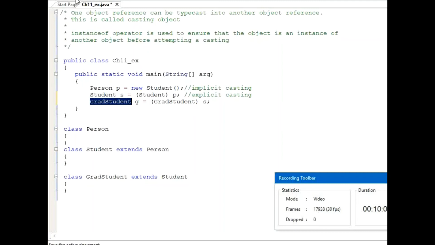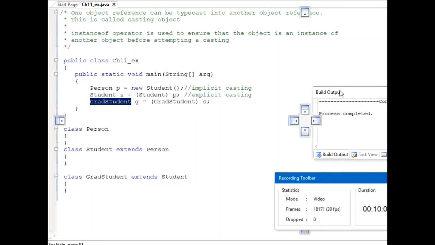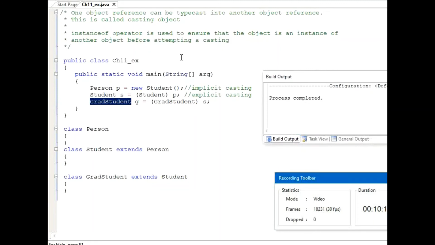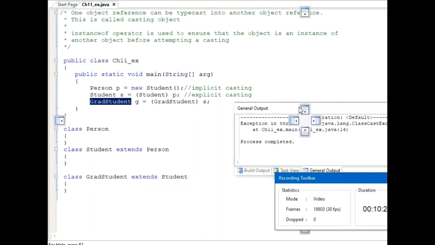Now let's try to compile it. When you compile, you won't see error messages, so it's fine. But you may expect an exception called ClassCastException. So this is the exception.